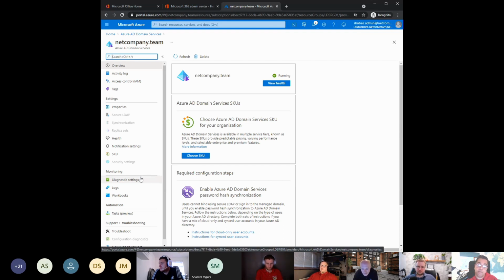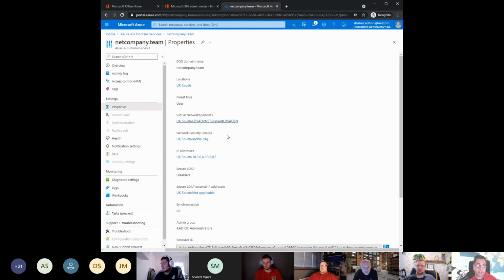One point is, if you do provision Azure AD Domain Services, you need to ensure that you update your VNet's DNS settings to point to your domain, the 2 IP addresses that you get here. If we go to the properties, when it's provisioned, it provisions 2 IP addresses for you within your existing VNet. For me, it's .4 and .5.